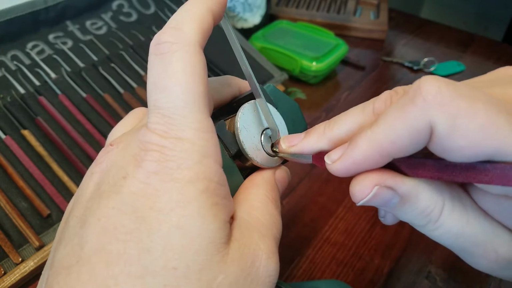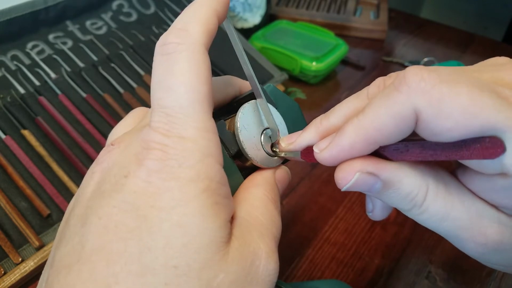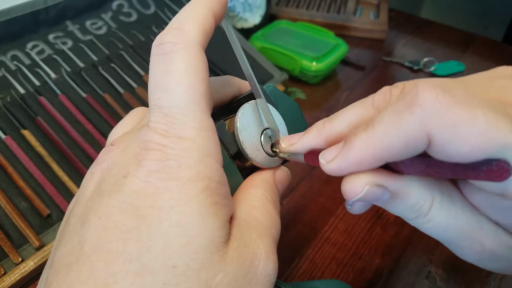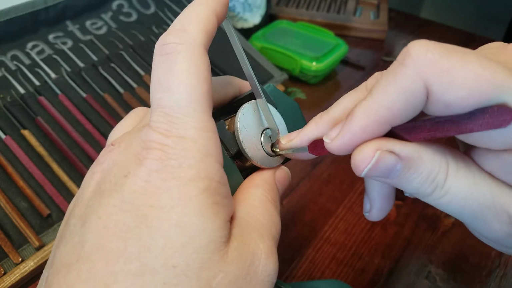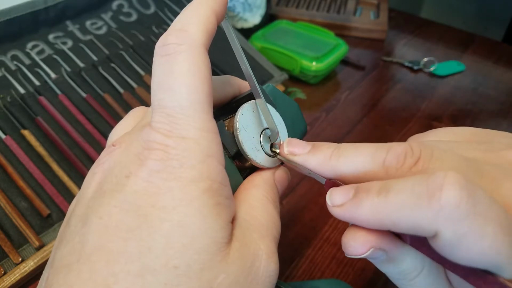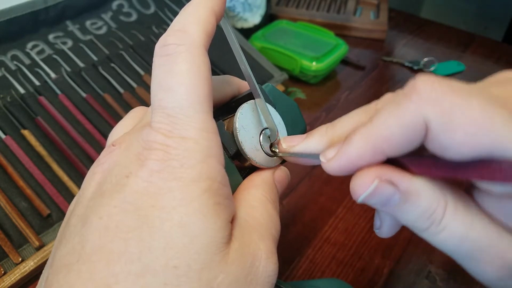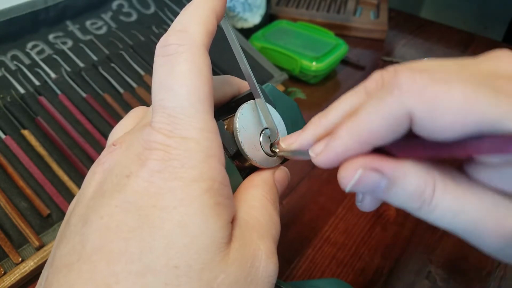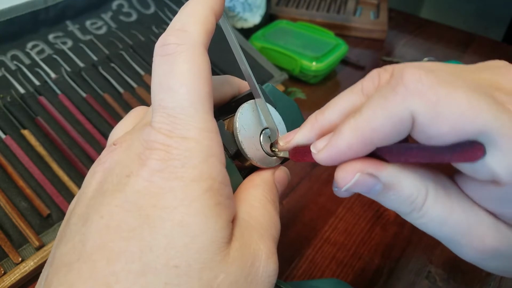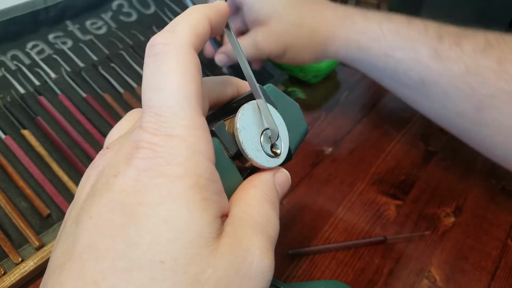Nothing on 2, nothing on 3, nothing on 4. Little tiny click on 5, and it deepened my false set a hair. Okay, so let's come back up to the front. Nothing on 1, nothing on 2, nothing on 3, definitely nothing on 4, nothing on 5, nothing on 6. I'm going to change up picks just a little bit,